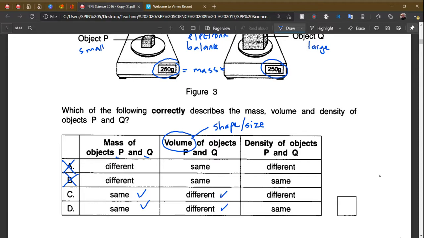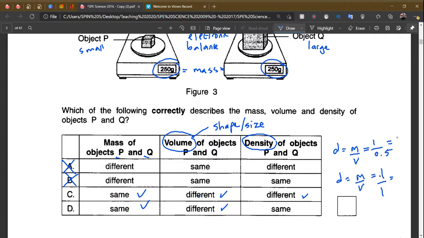And the third one, density. Density is equal to mass over volume. So if the mass is the same and the volume is different, the final answer should be different. If you use a number, let's say the mass is 1, let's say this one is for the smaller cube, and we set another one for the bigger cube, and both of them have the same mass, and then the volume is this one is smaller, this one is bigger, you will see that at the end this answer,